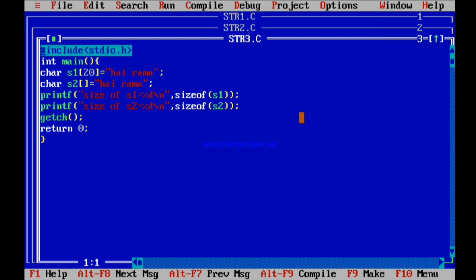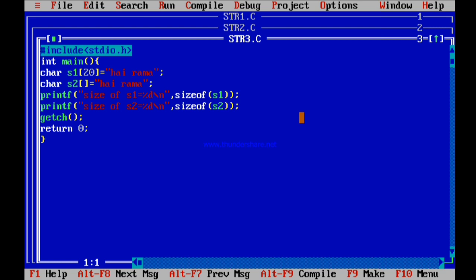Okay friends, so look at this particular program str3. Here I have taken two strings, s1 and s2. I have taken s1 with size 20 and initialized it to "hi Rama". For the second string I haven't specified its size, I have just initialized the string.